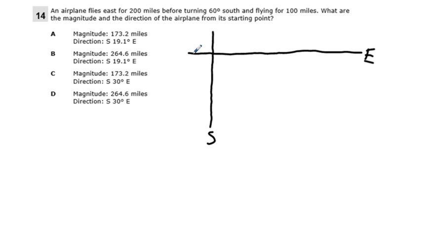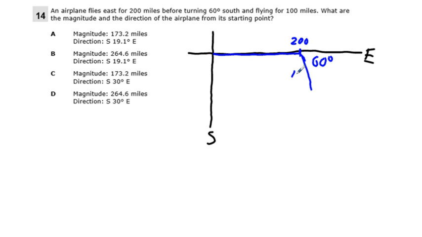So we have a plane that flies 200 miles east. So we'll say this is 200 miles. And then turning 60 degrees south. So that's going to be a 60-degree turn, pretty sharp turn here. So we'll go 60 degrees south, and we'll call this 60 degrees here